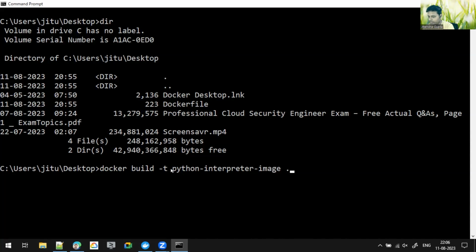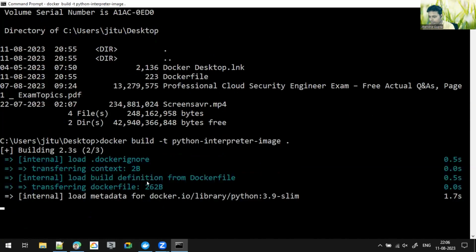It is going to create an image for a Python interpreter using the Dockerfile which is present in this path, right? So there is a dot for the folder where I'm going to create it. Okay. Now, as soon as I enter it,